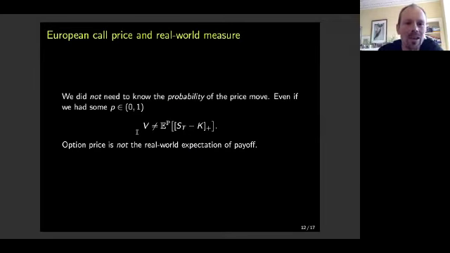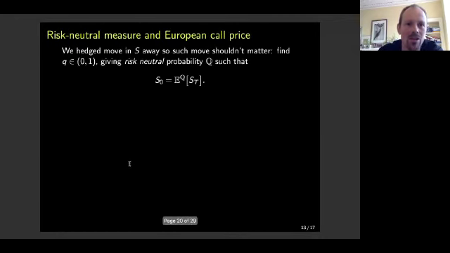One interesting thing that we would have noticed is that actually we didn't need any probabilities in the tree of moving up or down, and even if we gave the probabilities and then calculated the expected payoff with some probability that we put in the tree, it wouldn't match the price from the no arbitrage argument, and we would have been wrong. So that's quite an interesting observation.